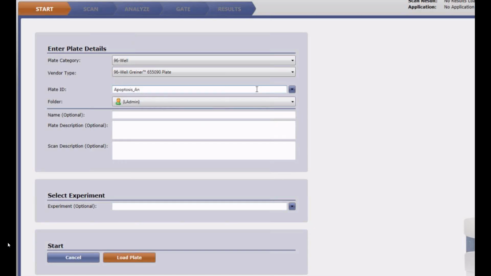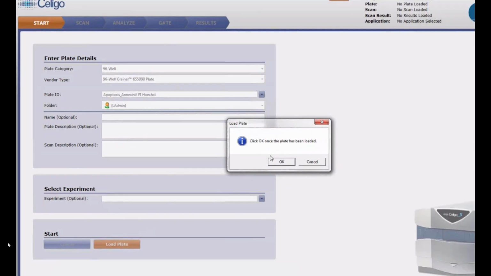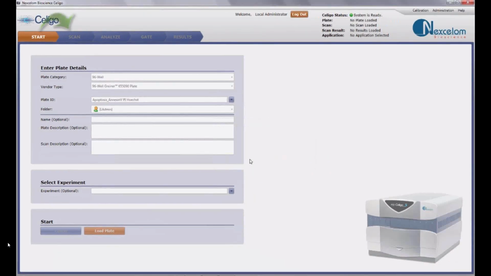In this case, we'll just label it Apoptosis with Annexin 5, Propidium iodide, and Hoechst. And then you'll just click Load Plate. The stage will open up, and you'll put the plate on the stage, and then click OK. The stage will go back inside the system. Now we'll move over to the Scan tab,